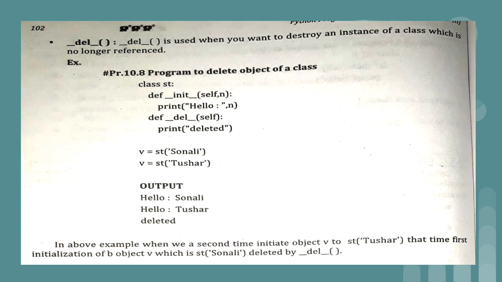This is actually common as compared to other programming languages: if we have a constructor, methods and destructors, definitely the constructor will get called first, then the methods are called, and after that the destructor is called. The same sequence is followed in Python also. First the constructor is called, then methods are called if they are present, and at the end we can say that the destructor is called.